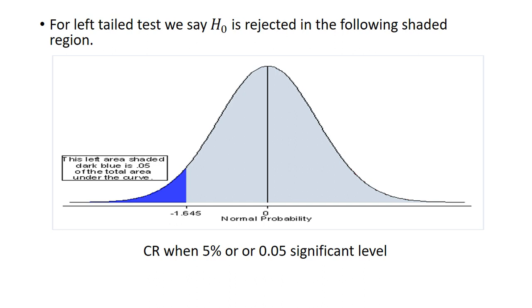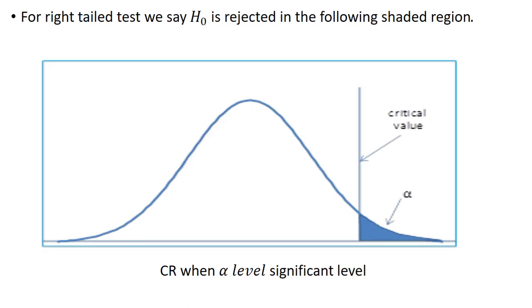This data will be given in your question. You should know the concept that whenever two-sided alpha level significance, whenever one-sided alpha level significance, then what could be the diagram? And this is the right tail test. Whenever alpha level significance, that means alpha into 100% area has been covered from the point that you have to decide to infinity.